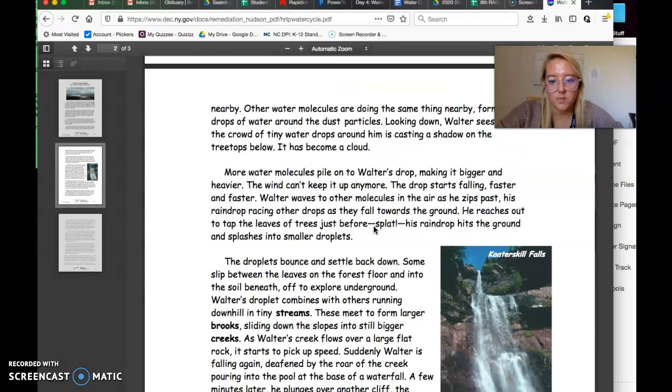More water molecules pile on to Walter's drop, making it bigger and heavier. The wind can't keep it up anymore. The drops start falling down faster and faster. Walter waves to the other molecules in the air as he zips past, his raindrop racing other drops as they